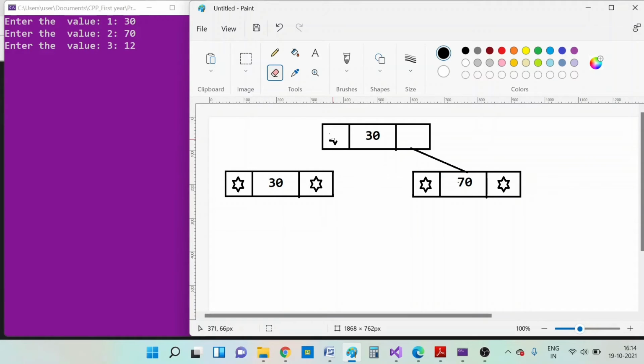According to the assignment statement, node of b-link equals address of the new node, so it will be inserted like this. So the new node is now connected to the left child, and the value will be added here as 12.